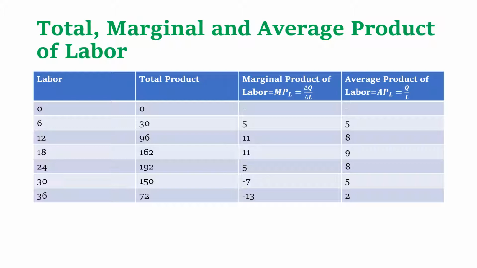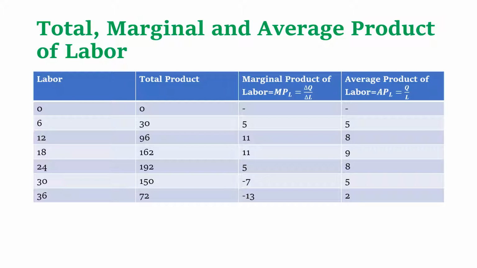As I explained earlier, this occurs because a lot of new workers are added into the production process. These new employees specialize in different activities. Because the farm is able to increase the labor productivity of the workers through specialization, you expect the output to increase at an increasing rate here. But beyond 12